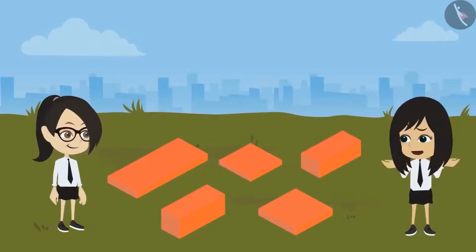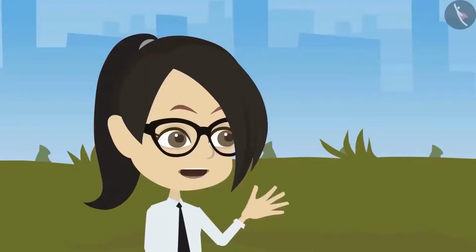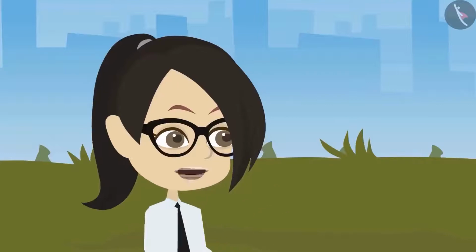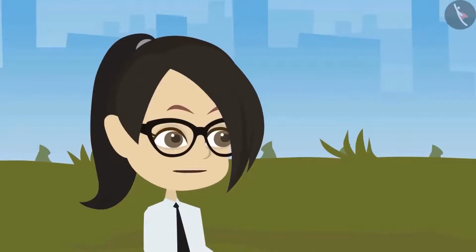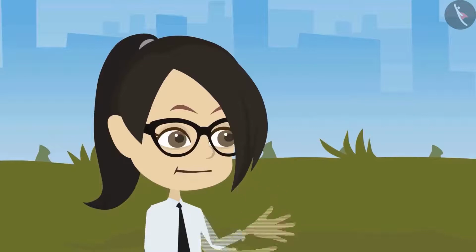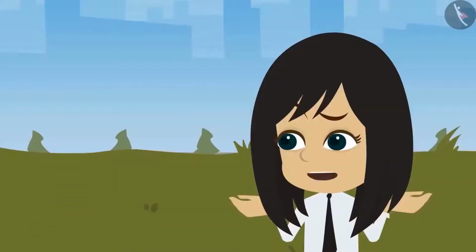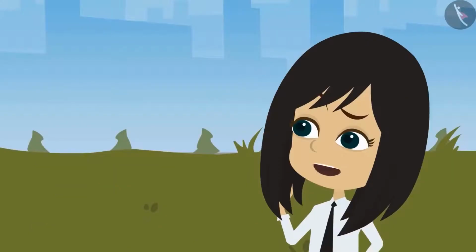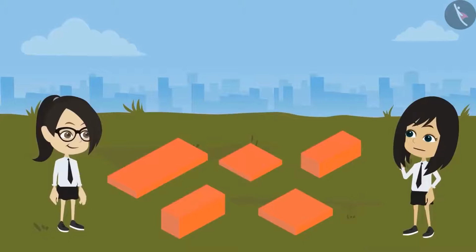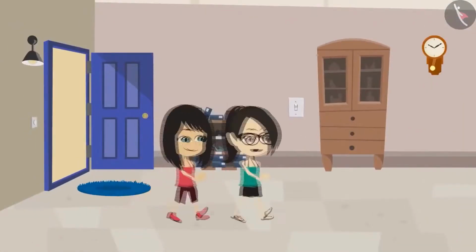Really? I have never seen them. You have seen them and played with them as well. I never knew why we call them bricks. But after getting to know so much about bricks, I now understand why. I still don't understand. I'll come to your place in the evening and then show me your toys, okay? For sure. I was waiting for you.